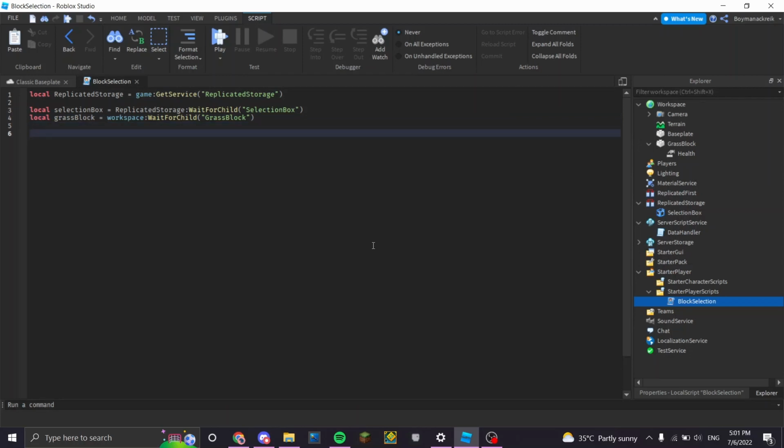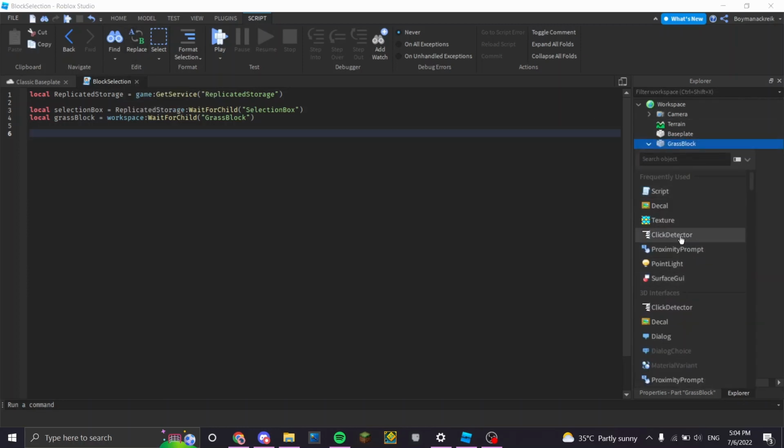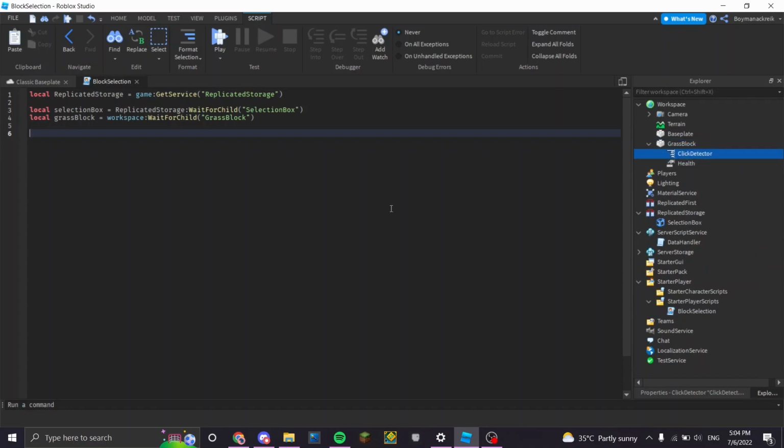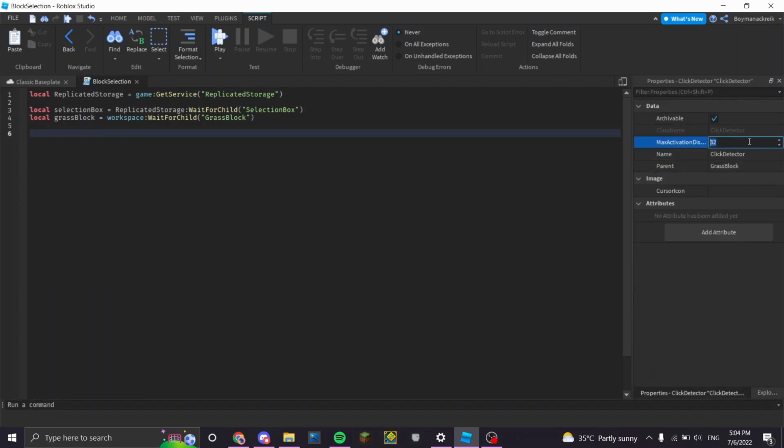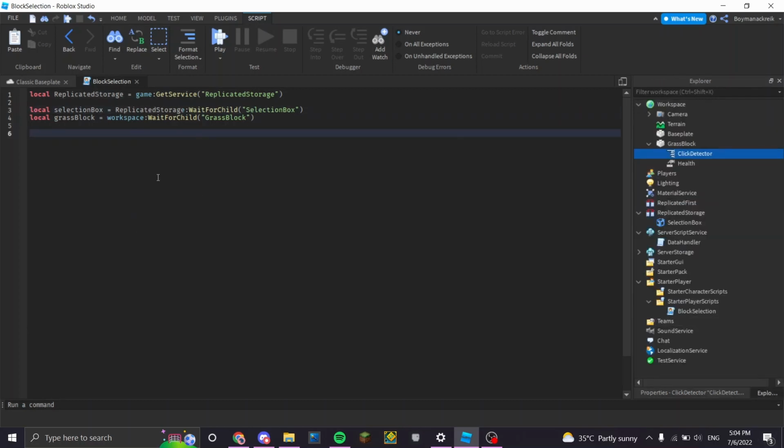For the block selection we are going to insert a click detector. Not inside the click detector, we are just going to make the max activation distance 25. I don't know why I just put 25 at the time. And now, every time we hover over the block with the mouse, it's going to do the selection box. It's going to work. So the first thing we've got to do is